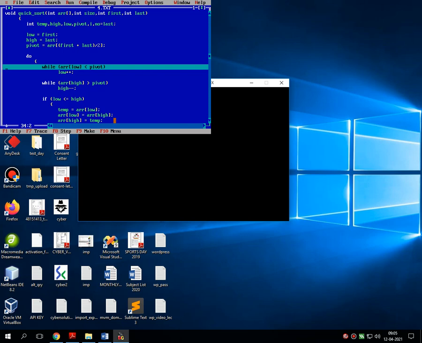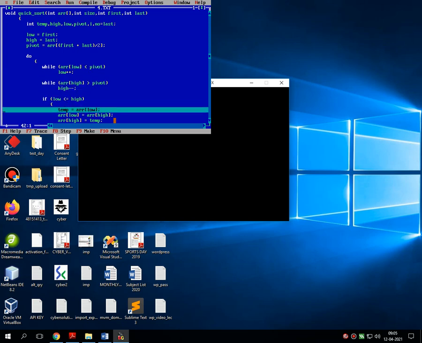For this, a while loop checks for the condition whenever the low value gets incremented if it is less than the pivot element. Whatever value is less than the pivot element should be on one side of the array, and whatever value is higher than the pivot element should be on the other side of the array. So it rearranges the numbers on the right side and the left side.